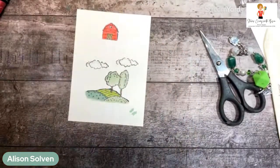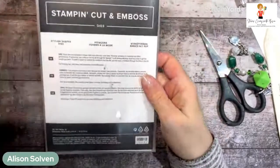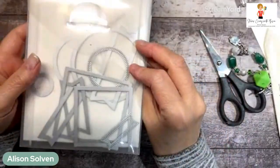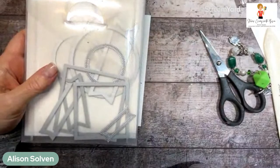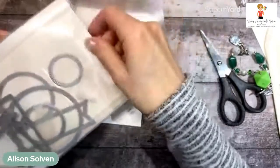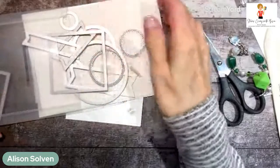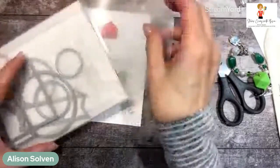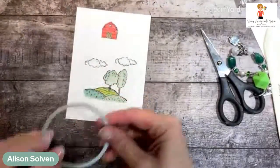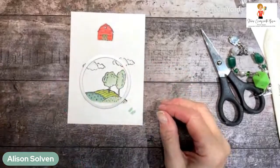Now let's cut these out. I'm going to use my favorite and Donna's favorite, and it's coming, Donna, your stylish shape dies. These are back ordered. I think, Donna, we found out, was it March the 13th? I think I've got it on my calendar so I can let you know, but you'll want to get these. These are fantastic. You've got the, oh, look at this poor little mesh. You've got circles, you've got squares, and you've got labels, and they cut out and add a little stitch line. So they're really great. So I'm going to use the circle one here just to cut out our little scene,